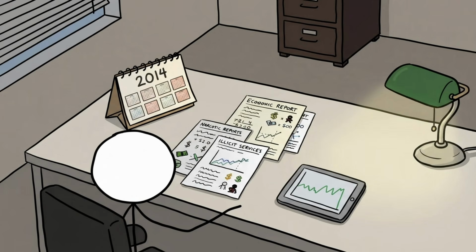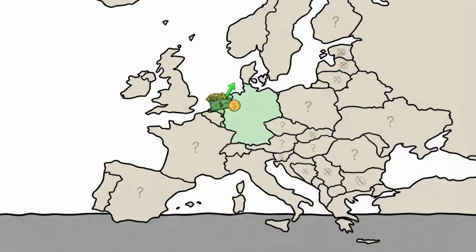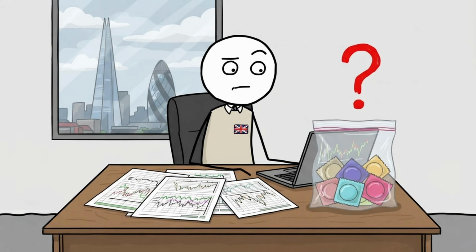Number 3. Since 2014, every country in the European Union has been required to include prostitution and illegal drug sales in its GDP. And honestly, the reasoning makes sense. In the Netherlands, these things were already legal and already counted. In other countries, they weren't, so nothing was comparable, and contributions to the European budget depend on economy size. In Britain alone, this added around £10 billion. Statisticians now have to estimate things like condom sales to get it right. I'm not making that up.